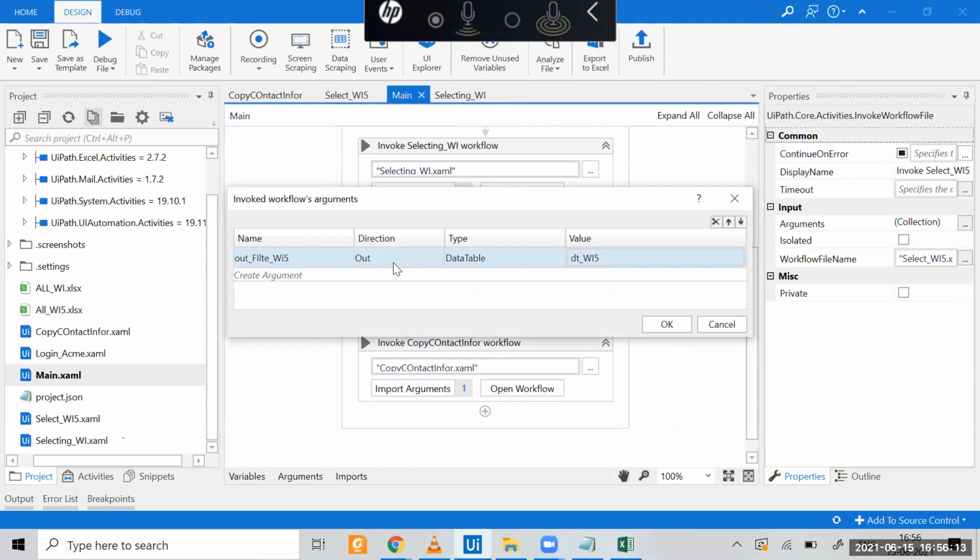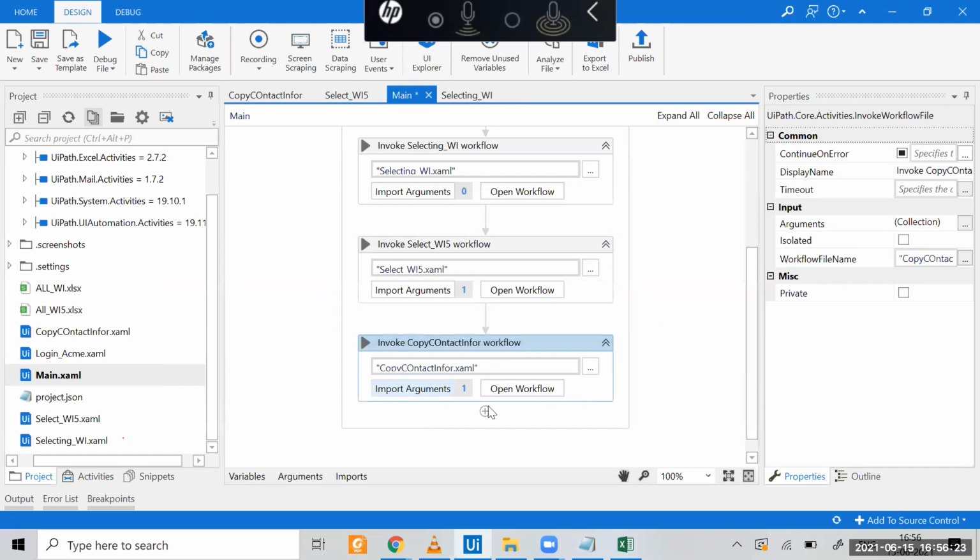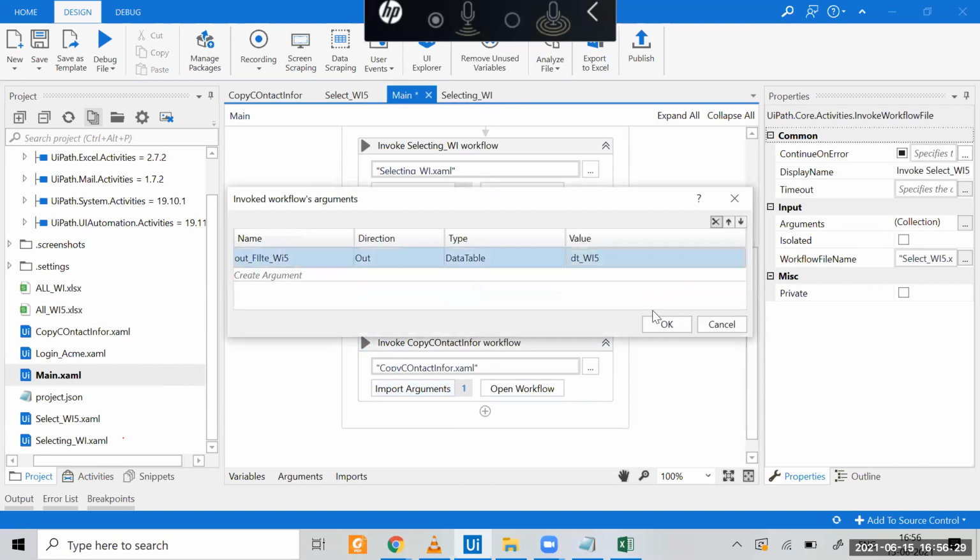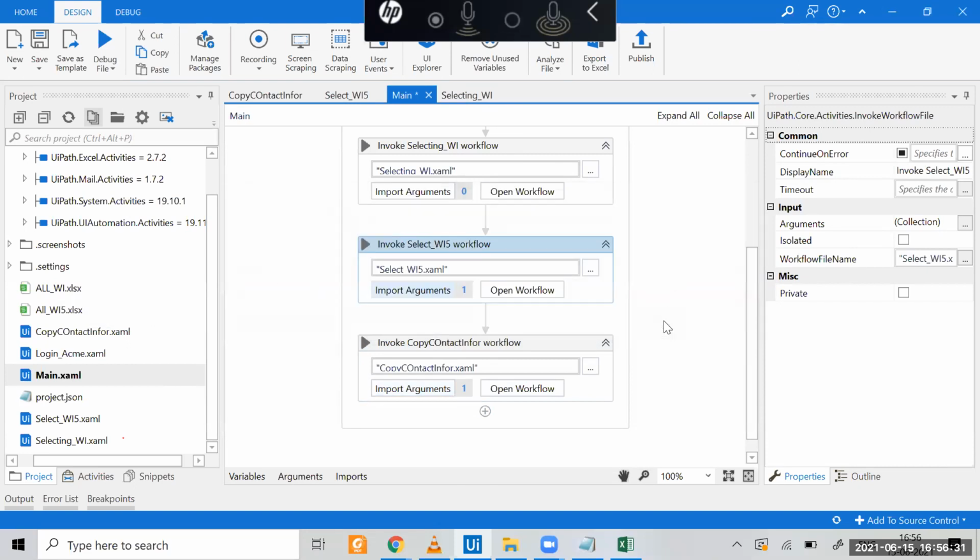You have to check the direction. Yes, sir, it's given correct. For one it is out, for the other it's in. And have you defined this variable in the main? Yes, sir. For the in value, what should I put?